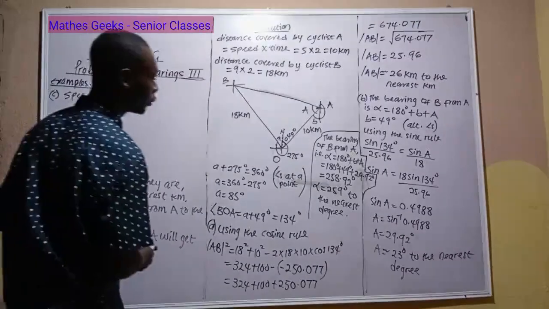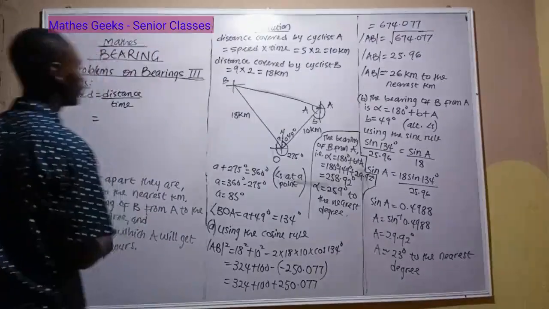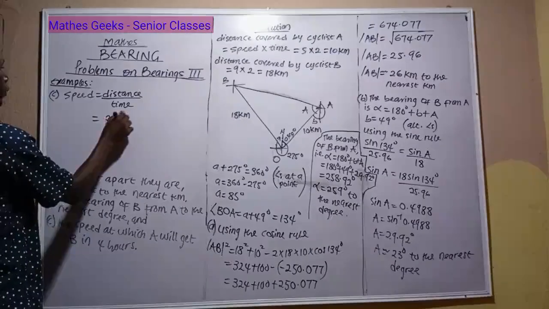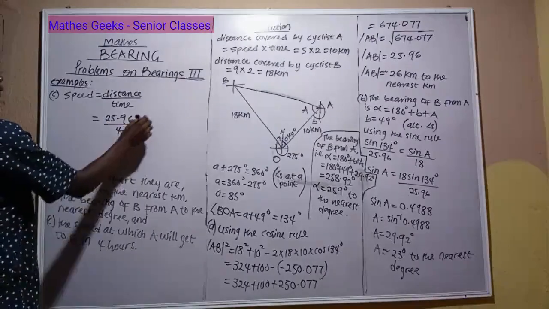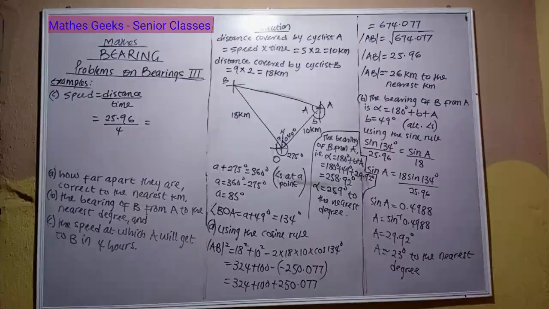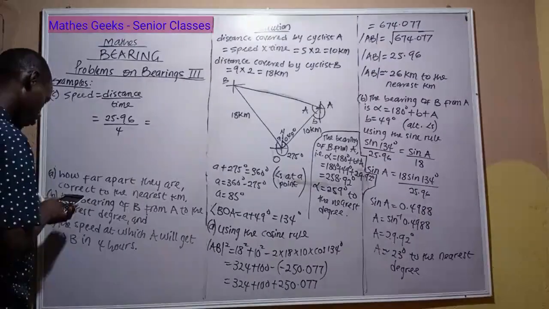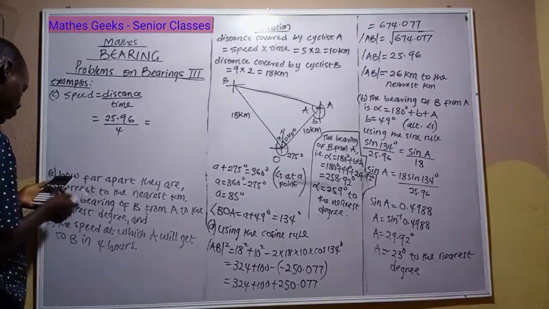So the distance between A and B is AB squared, 25.96, over time, which is 4 hours. And that is equal to 25.96 divided by 4,